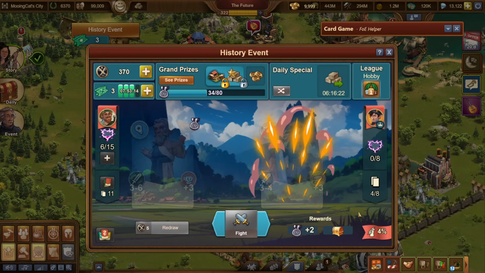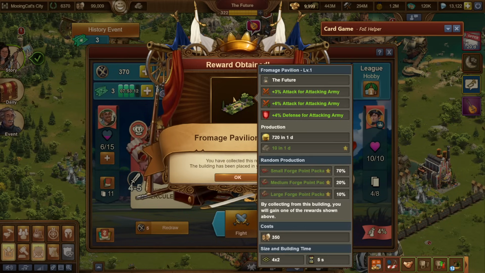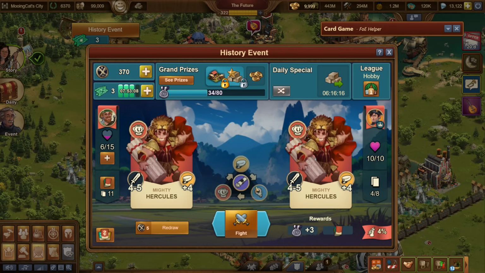Nice. Okay, so we did. Going great so far. We got a fromage pavilion. Nice. Alright, so now I do need to be careful here with my health. 46 here. 45, sorry. So I will not die yet, so I don't need to worry about that quite yet. I probably should, I guess, use the ability card. I will be able to get another ability card after this. So I think I'll